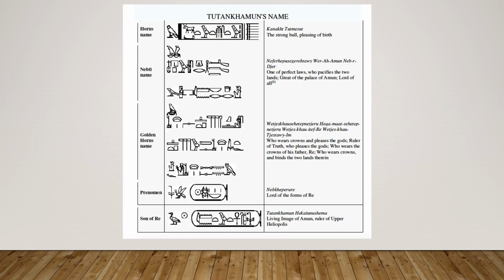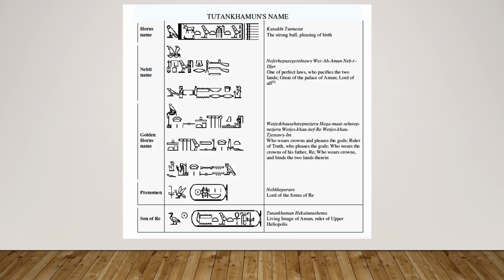So I include this slide to show the transliterations for these 5 names. Probably not going to go over this in class unless someone insists. But we can see what they consider the translations. Maybe I'll do the translations. So the Horus name is translated in English as the strong bull, pleasing of birth. The Nepti name is translated as one of perfect laws, who pacifies the two lands, great of the palace of